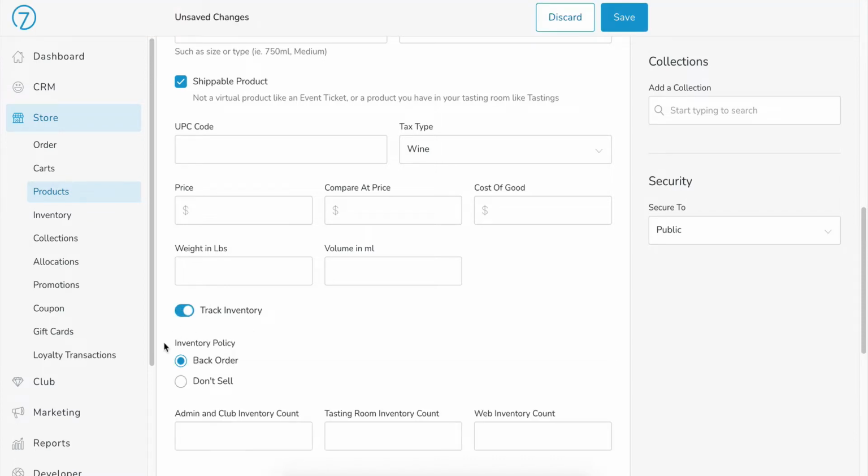And now we see the inventory policy here. If you click back order, that means that once the inventory hits 0, then you will be able to sell into the negative. If you click don't sell, it means that once the inventory gets to 0, it will show as sold out. So once your SKUs are set to track inventory, go back to the inventory page,